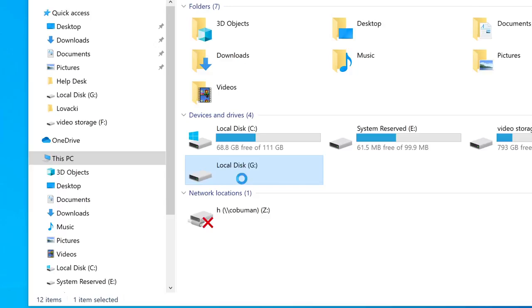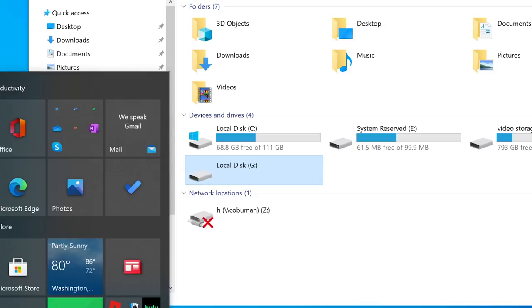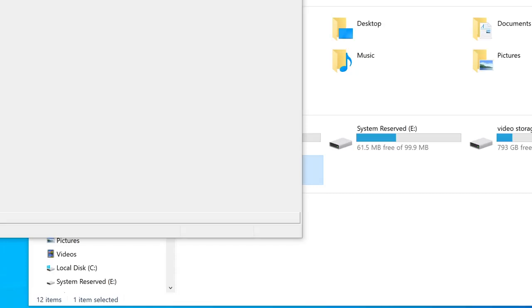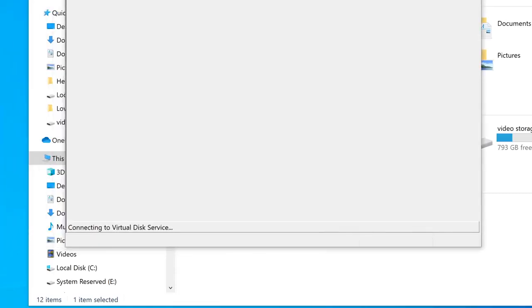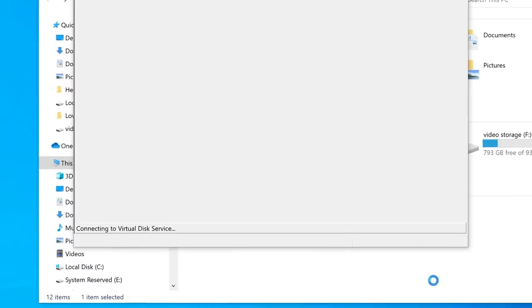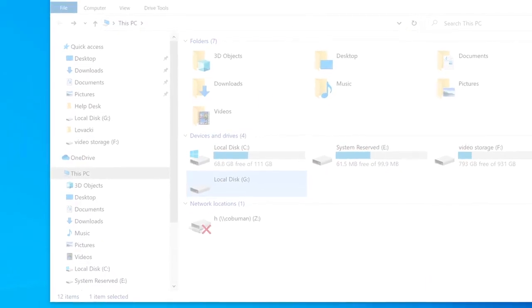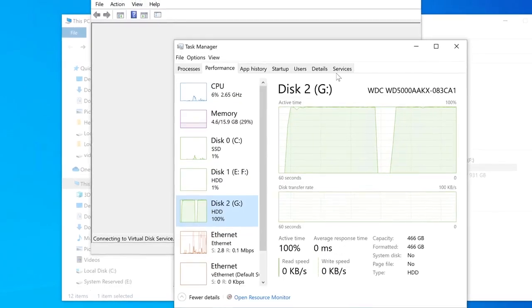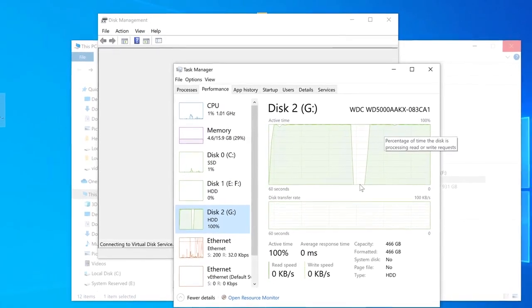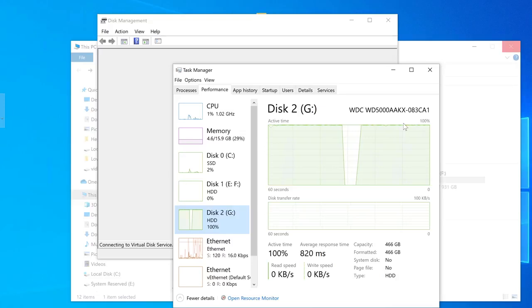Let me see. Can we even look at any properties of it? Let me see how it looks inside of Disk Management, even if it loads. It may not, because there's still issues. See, it's still going. There it goes again. Let's look at the Task Manager. Look at this. It stopped for a brief second, and then it continued to go 100%. And you can tell that this is Western Digital, where it says WDC. It's a Western Digital disk, and there's the serial number for it,